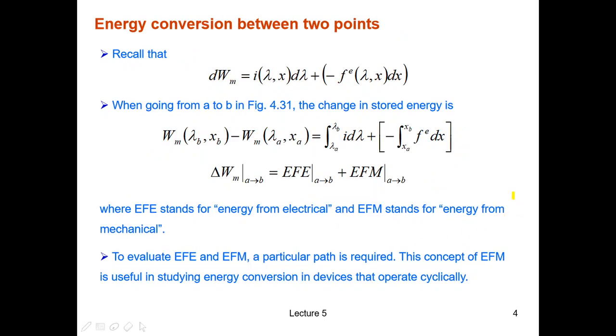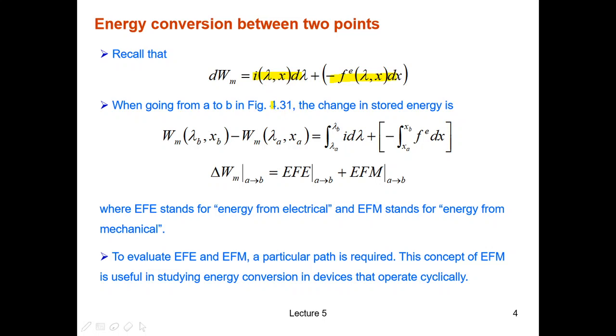Now, I'm going to introduce the concept of energy conversion between two points and then in a loop. So if we remember, dWm can be expressed as i dλ minus Fe dx. Okay, so we call this one the first component plus this one the second component, and the minus sign will be inside the second component. So when we go from A to B